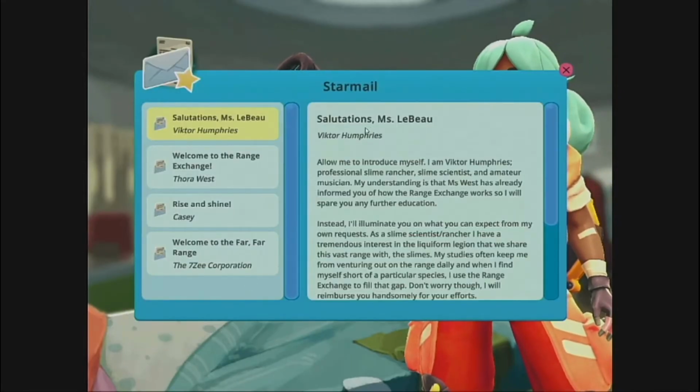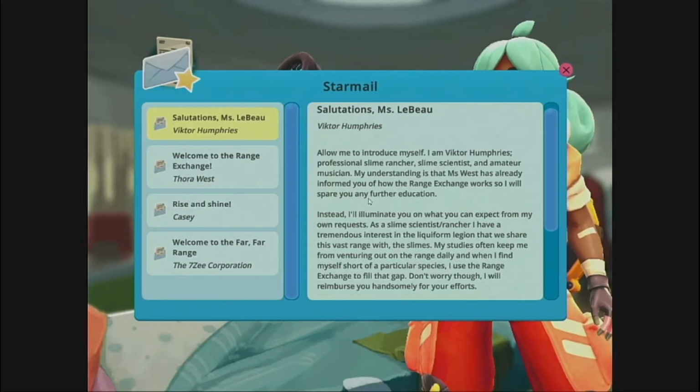Alright, so the Star Mail. Salutations, Miss Labo. Victor Humphreys. Allow me to introduce myself. I am Victor Humphreys, professional slime rancher, slime scientist, and amateur musician. My understanding is that Miss West has already informed you of how the range exchange works, so I'll spare you any further education. Instead, I'll illuminate you on what you can expect from my own request. As a slime scientist slash rancher,